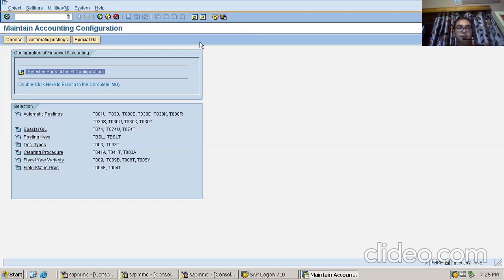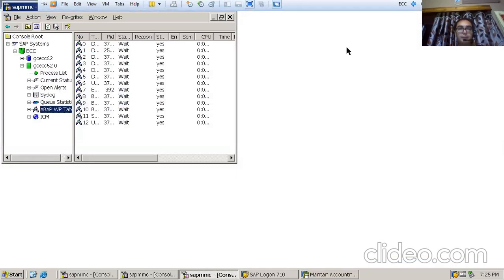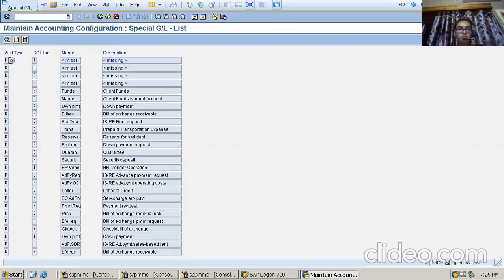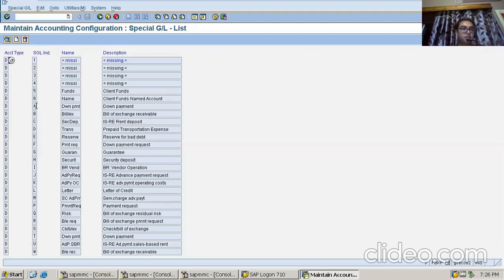There I'll configure the down payment configuration. So again, it will take a bit of time. Yes, I have clicked on the special GL option and this page has come up.